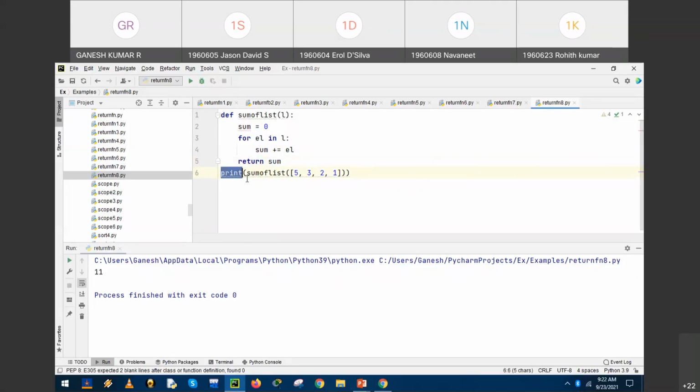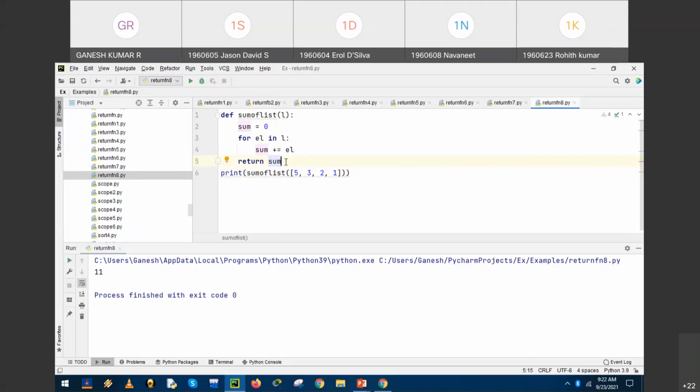Print: this statement will display the sum of the values in the list. Please remember it is a list, hence the inputs are entered in a pair of square brackets. Is it clear? So we have introduced the second return variant, which is extended with an expression, return expression. SUM is an expression, okay, or a variable.